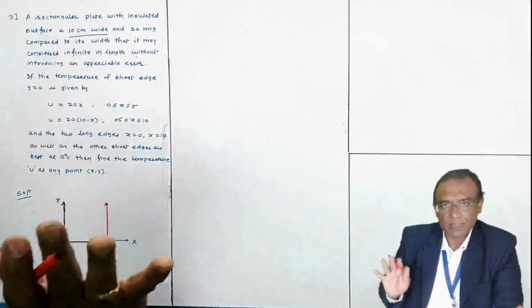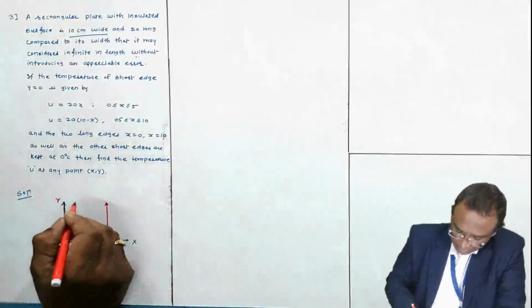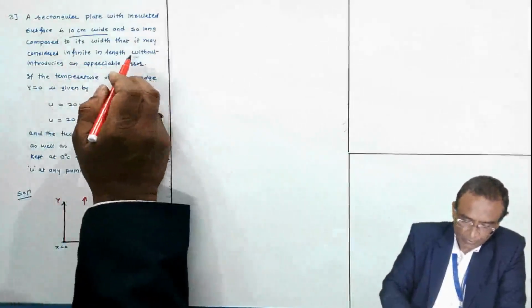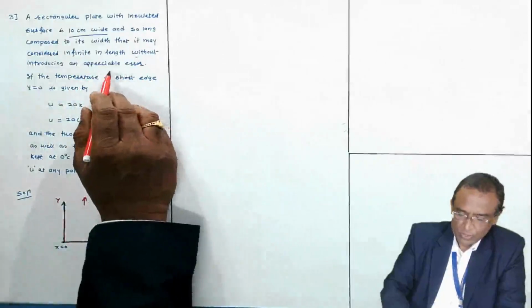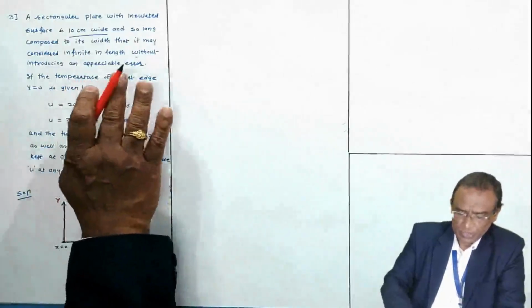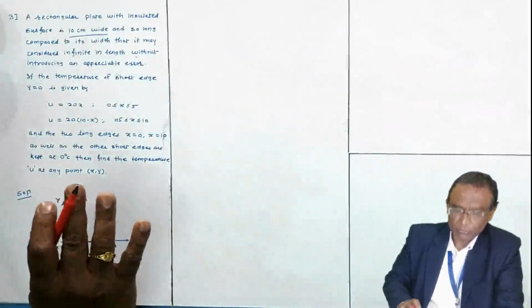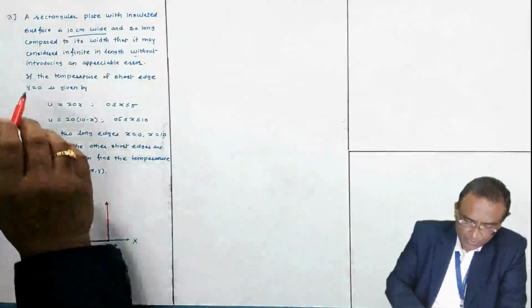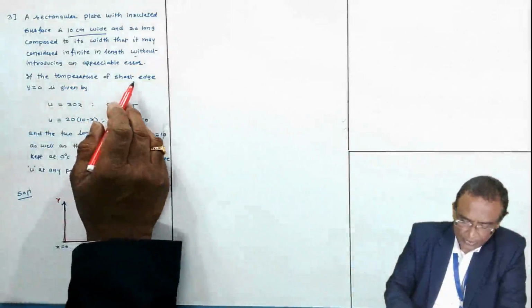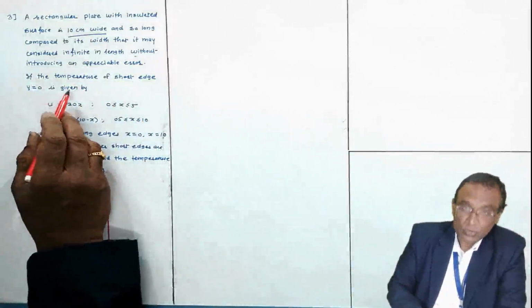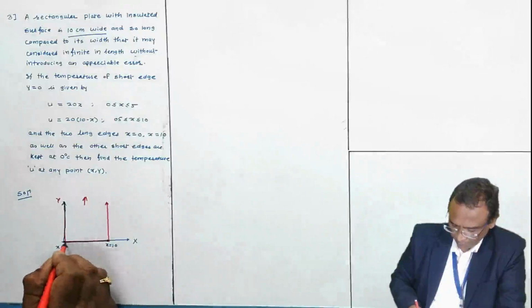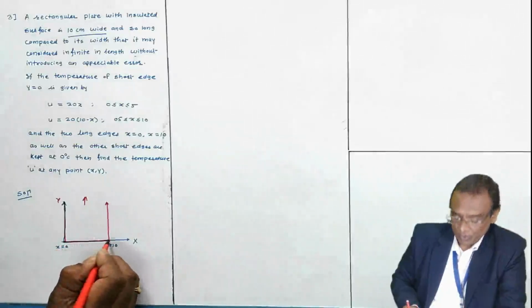Practically it is finite, but it may be considered infinite without introducing appreciable error. If the temperature of the short edge y equal to 0, this is the short edge,